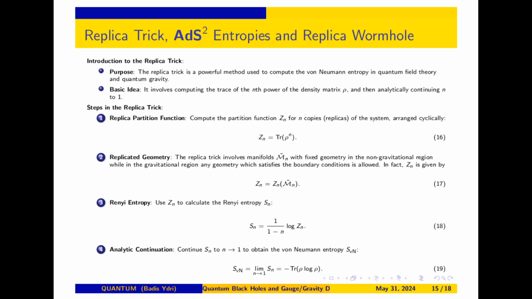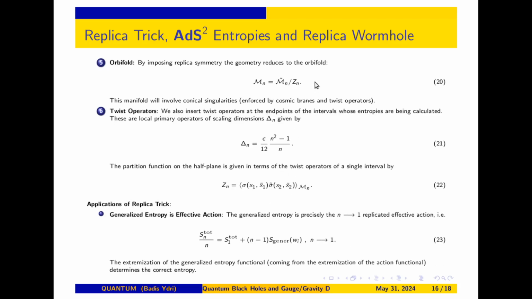The replica trick is a very powerful method used to compute the von Neumann entropy by calculating the partition function for n replicas of the system, as shown in equations 16 through 19. This method involves computing the trace of the nth power of the density matrix and then analytically continuing n to 1. Thus, it involves computation on a replicated geometry, which can be reduced to computation of correlation functions in an